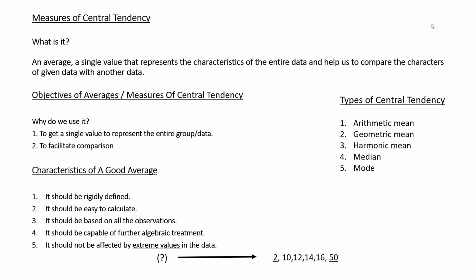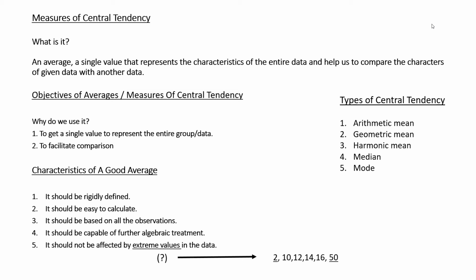Then if the same thing is told by someone else, for example someone from your class only, then its meaning is also the same. It should not be different from each other. That is, we both have represented the same thing. That is, the 60% of marks is what your class on an average has secured. Clear? So this is the meaning of rigidly defined.